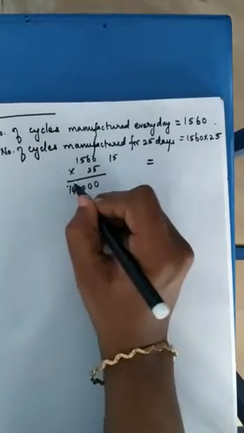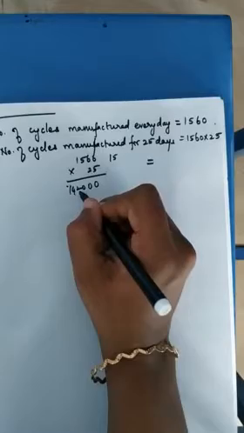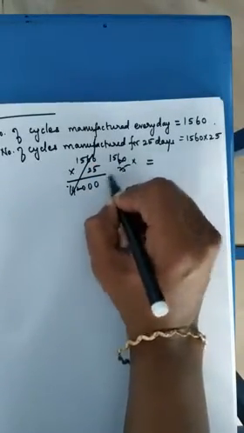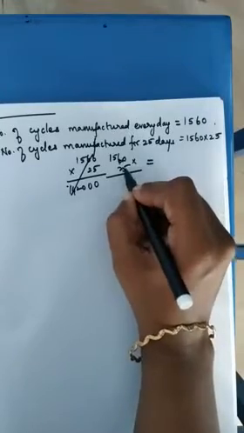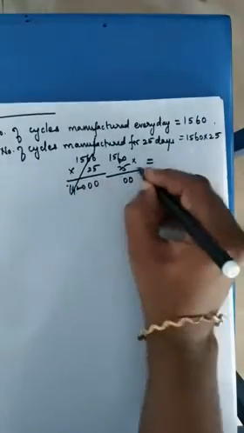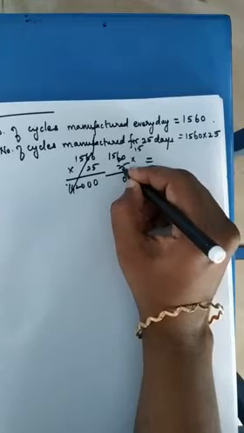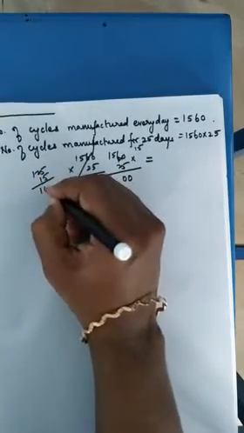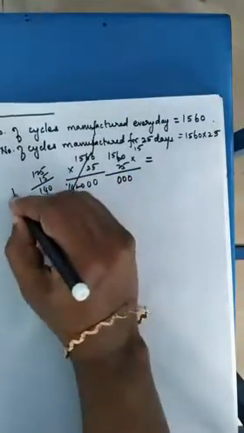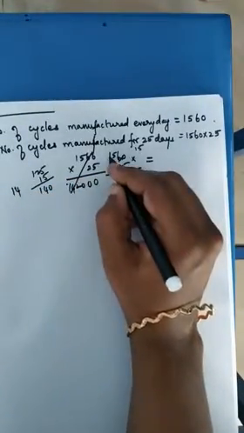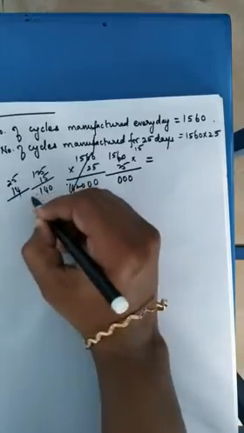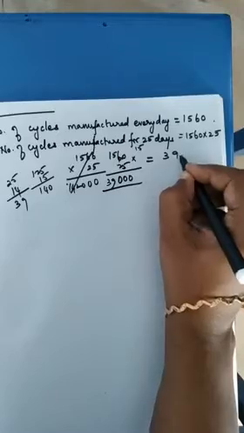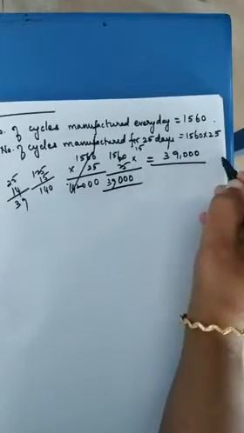When you multiply 1560 into 25, that is 25 zeros are 0, 25 6s are 150. I will take 15 remaining. 25 5s are 125 plus 15, I will be getting 140. I will put 0 and take 14 outside. So 25 into 1, 25 plus 14, I will be getting 39. So I will be getting 39,000 bicycles.